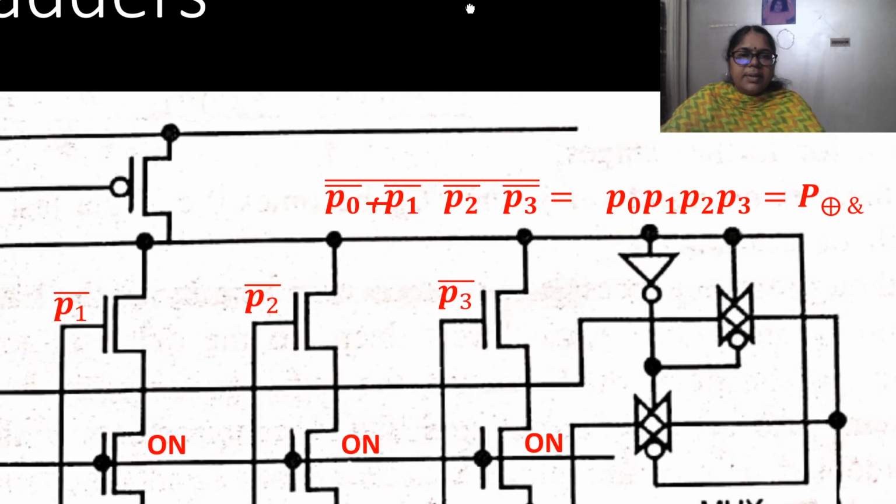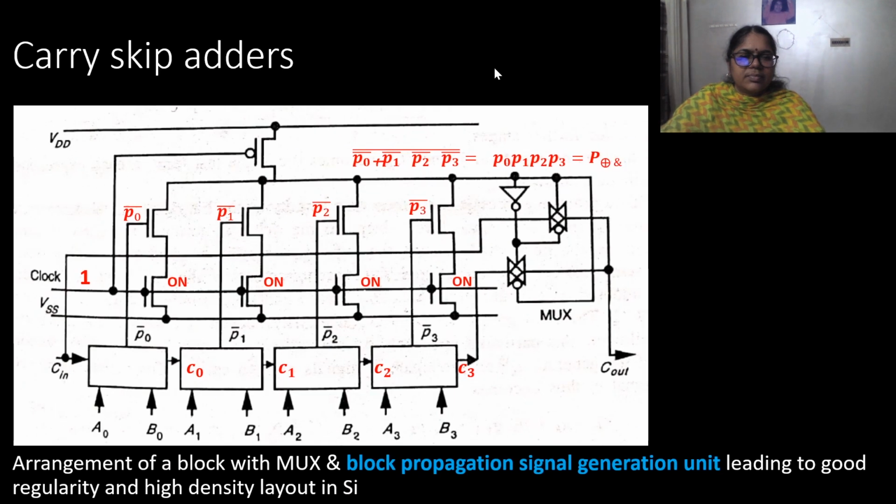So when you have the plus sign, then in that case what we get is that we get AND operation at the output. So P0 bar plus P1 bar plus P2 bar plus P3 bar whole bar will give us P0, P1, P2, P3, which is nothing but the